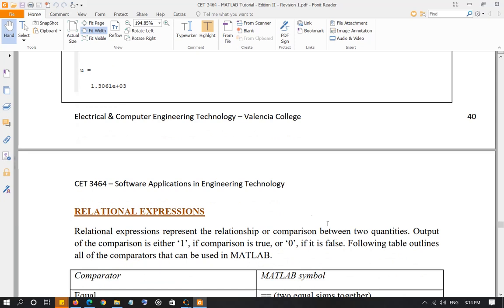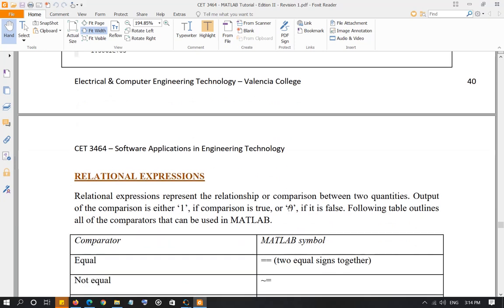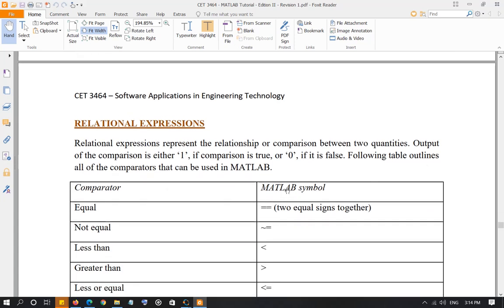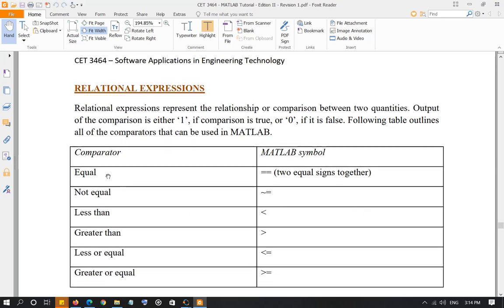Relational expressions in MATLAB. What are relational expressions? All those mathematical expressions where you're comparing two things are called relational expressions, like equal, not equal, less than, greater than, less or equal, greater or equal. All of these are called relational expressions, and whenever you're comparing two variables or two quantities using relational expressions, the